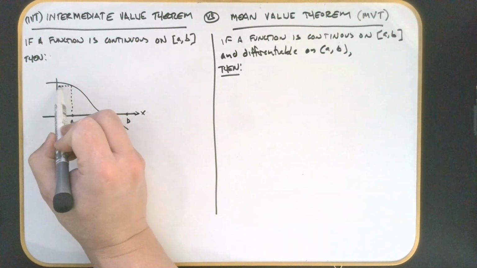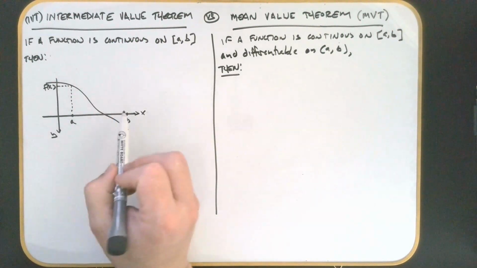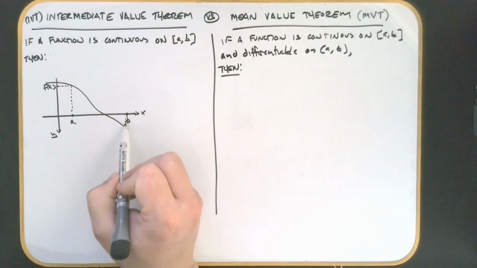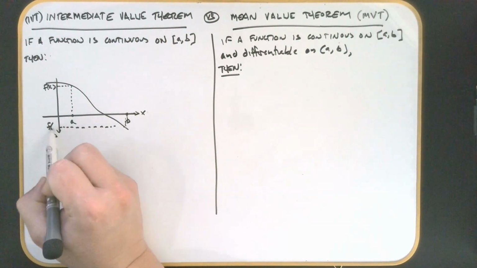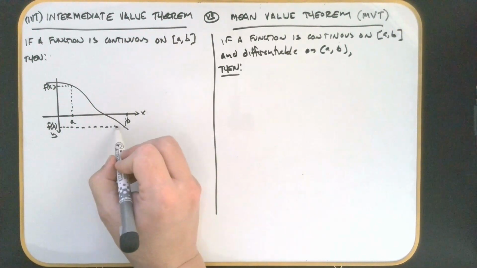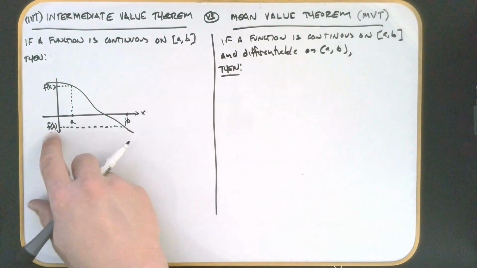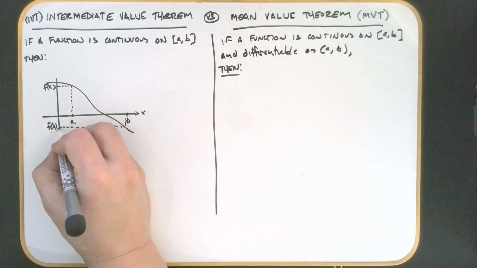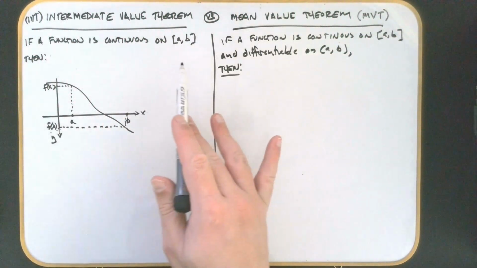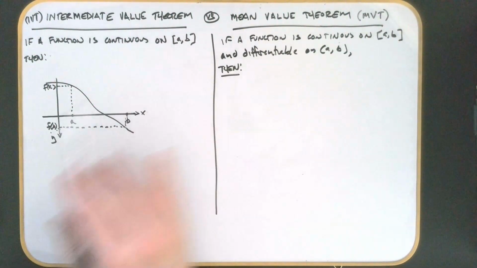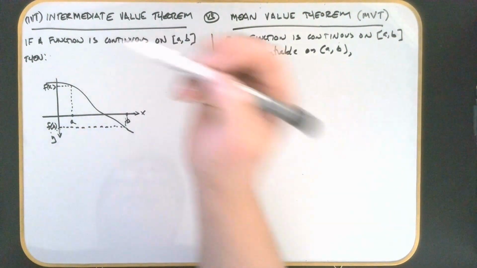It is continuous on the closed interval, and here is my f of a value, and down here is my f of b value. Bring this all the way over, and I would say f of b. I'm going to do this twice here because of the pre-calculus application and the calculus. I'll make this just a tad longer so it's easier to read. All right, so if a function is continuous on the closed interval a to b, then if,